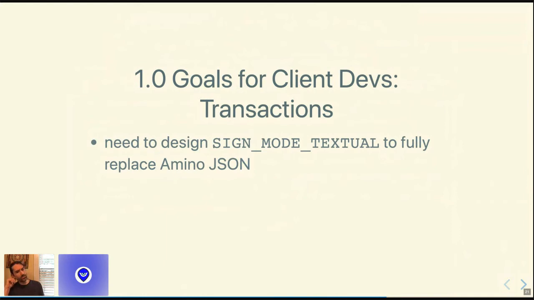And it's needed for the Ledger app, which parses that JSON and prints some human readable things to users. So the idea is that we want a protobuf-based textual signing mode that the Ledger app and other hardware wallets can use to show human readable text in a format that's really easy for a small microcontroller like a Ledger to parse.